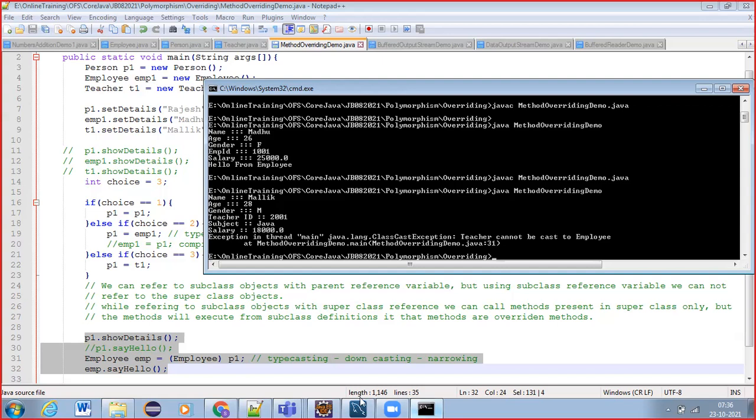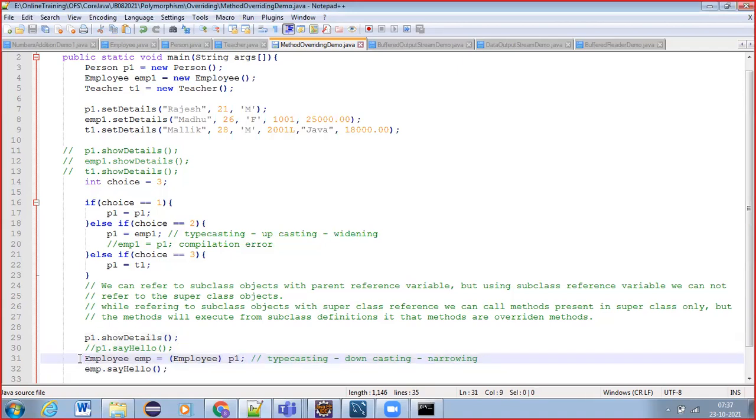See, it displays the teacher details up to p1 dot show details. It is displaying teacher details like Malik, 28, 2001, Java subject, 18,000 salary. But next when we said employee emp and typecasting P1, what is happening? Class cast exception. Teacher cannot be cast to employee, on line number 31.